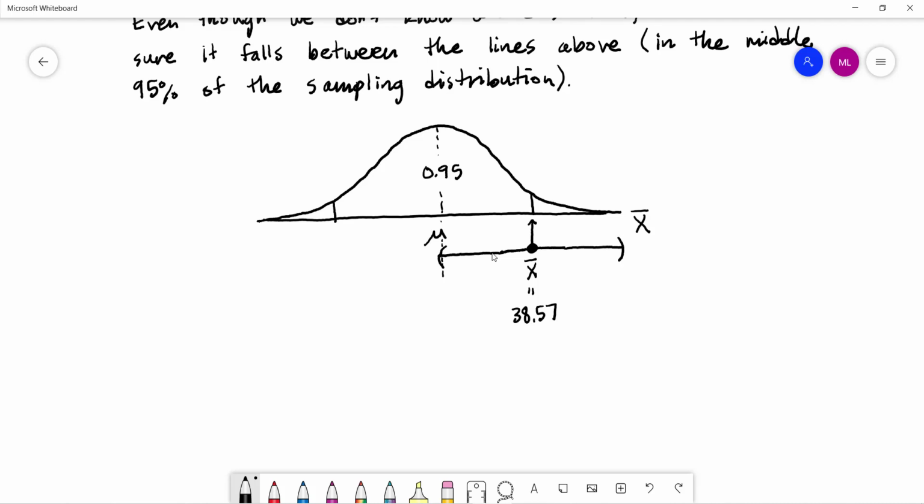So this distance right here is what we're going to call the margin of error. It's that plus or minus buffer. And what we're going to use is the letter m. So lowercase m is what we'll use for the margin of error. And what I'm suggesting is, if x bar fell right on the edge of the 95% of most common values, I need to make the margin of error large enough that it'll reach all the way over to the center of the graph, from the edge to the center,